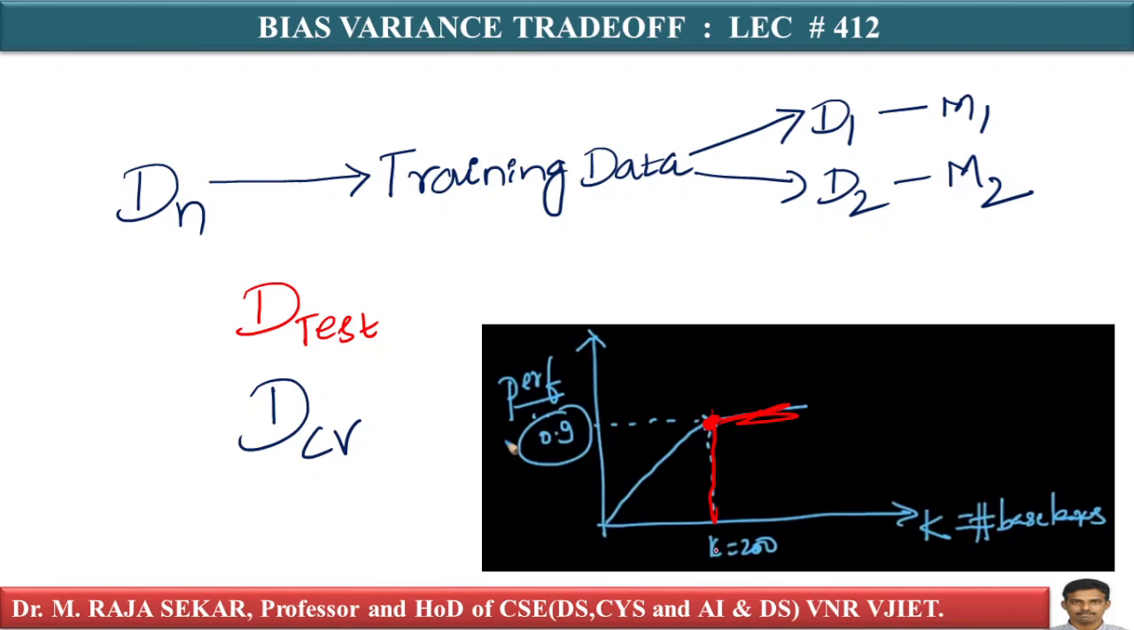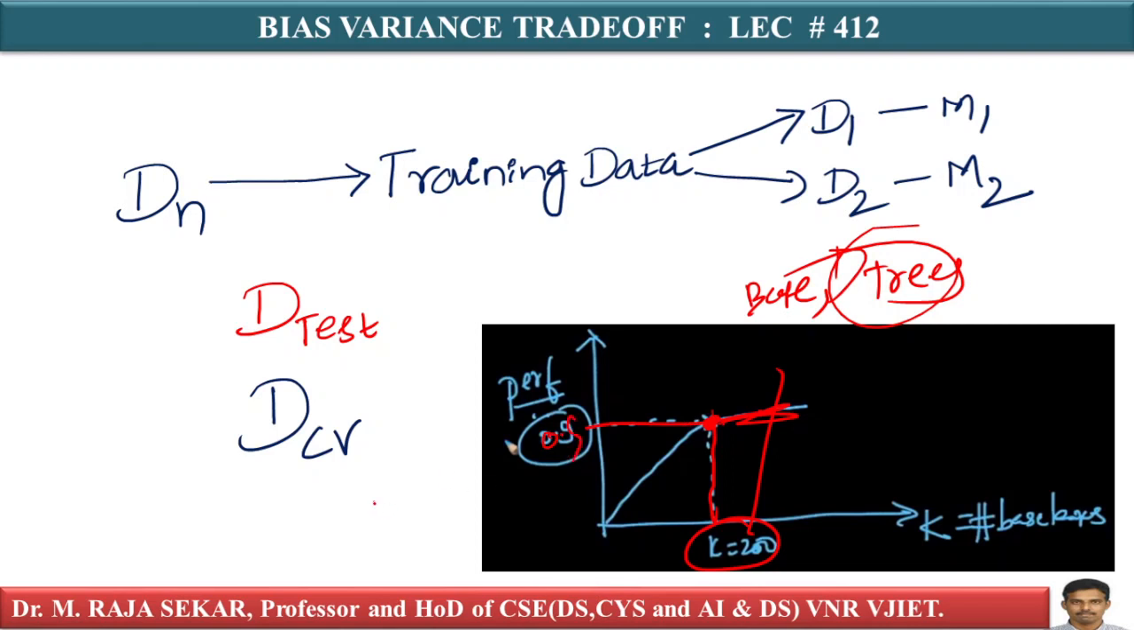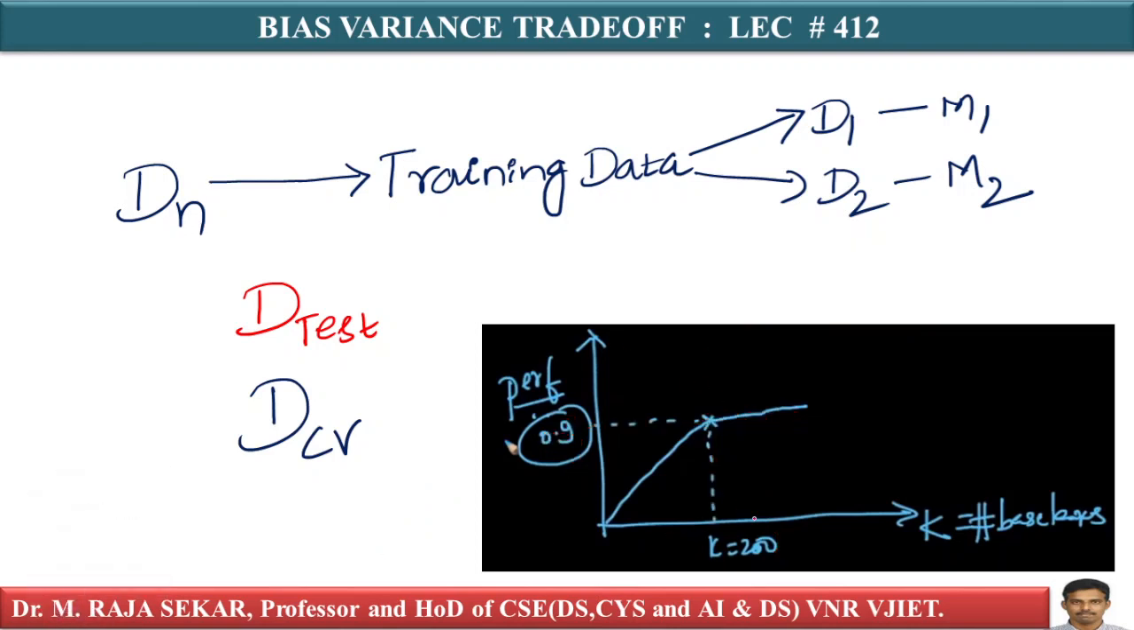Now you can say this K equal to 200, that is 200 base learners, 200 decision trees. Random forest has very good performance. Let's say 90%, let me assume this is 0.9, so I can say 90% accuracy, isn't it? Just see, beyond this K equal to 200, it is not improving